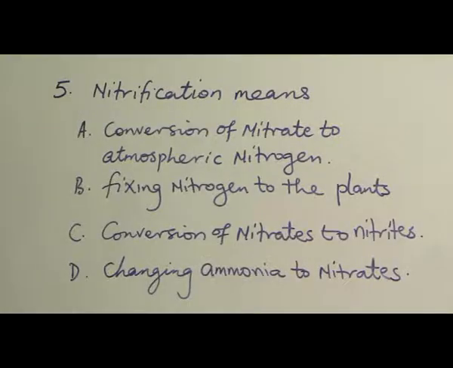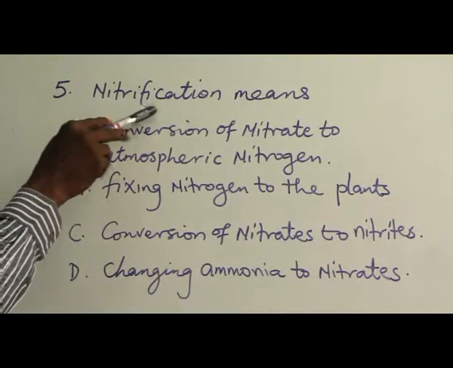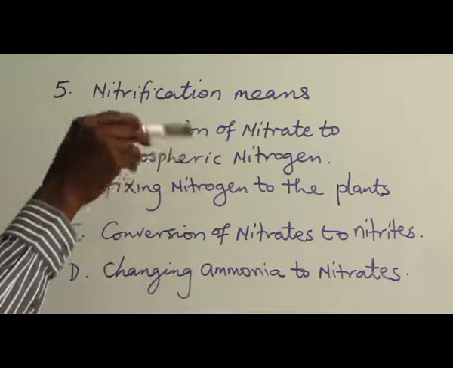Example 5. Nitrification means: A. Conversion of nitrate to atmospheric nitrogen. B. Fixing nitrogen to the plants. C. Conversion of nitrates to nitrites. D. Changing ammonia to nitrates. You recall that we studied all this under the nitrogen cycle. When dead bodies are formed, putrefying bacteria act on the dead body to form ammonia, and the ammonia will undergo oxidation processes